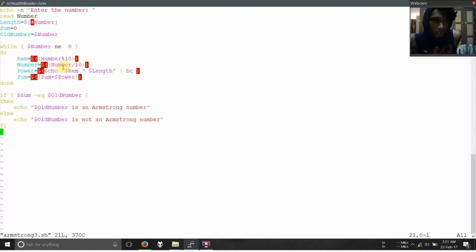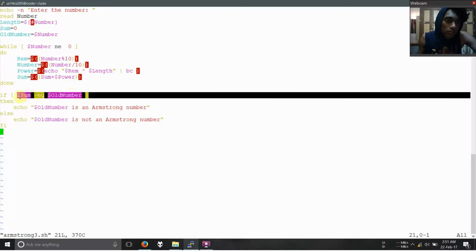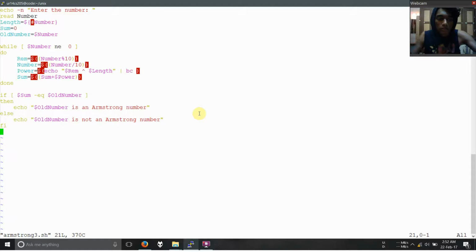Suppose 153, so the 153 is a 3-digit number, so 1 cube plus 5 cube plus 3 cube will give equivalently 153. So you have to check whether the number is Armstrong or not. We check by adding the cubes of the digits and equating the sum to the original number that we have entered over here. The output is